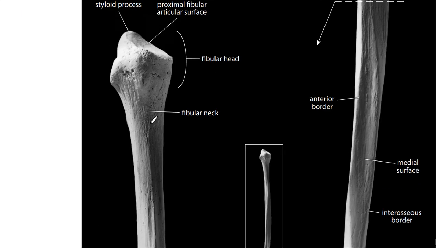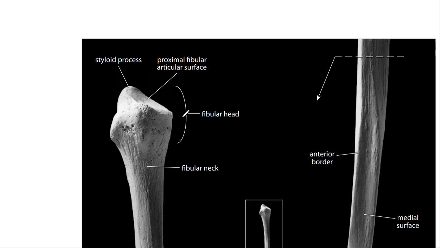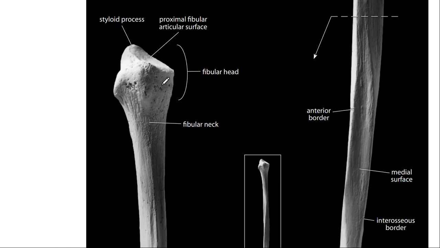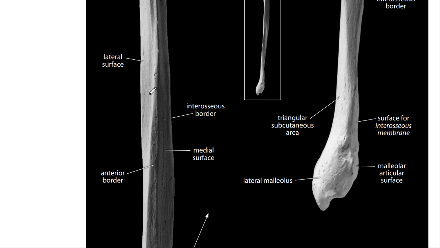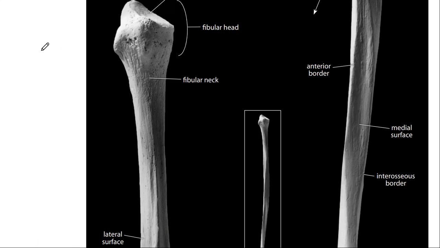Let's see. This is the fibular head. Yeah, this is the fibular head. Now see, it's completely different from all the other bones. Like if you are given firstly a radius bone and a fibula, very clearly using the radial head you can identify the radius bone.